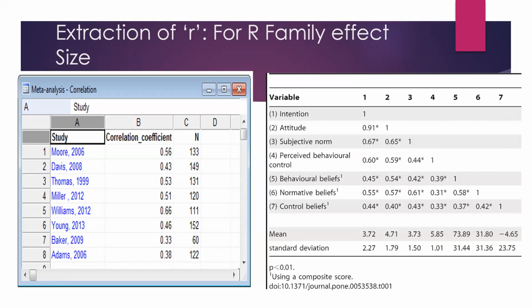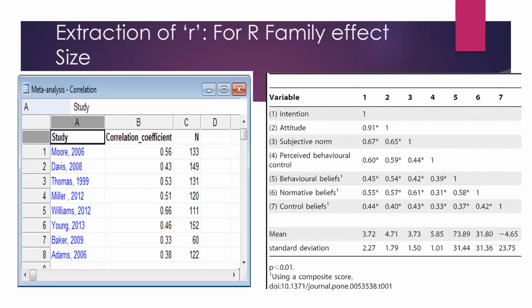Okay, but what input do you need? What input do social science people need? There is a correlation matrix, okay, which is given in the secondary data paper. On the right side, you can see an example of it. Okay, a little bit of understanding of this correlation matrix is important for pulling out data from this paper.